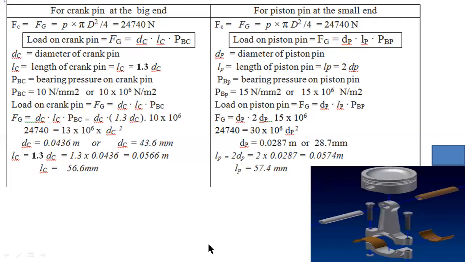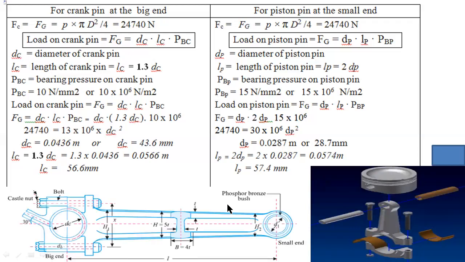I will show the video, and this is the schematic diagram of the connecting rod. This is the provision for lubrication. Here you can observe the parts. This is a piston, this is a hole, and this is a piston pin. This is a connecting rod. This is a cap, the big end cap. This is a big end, and this is a small end. This small hole is the small end, and this big hole is the big end.